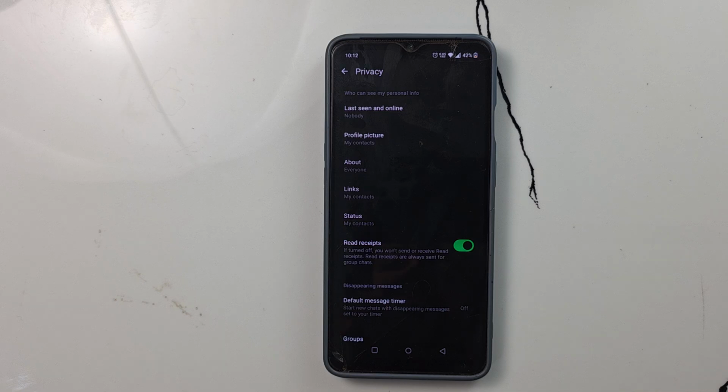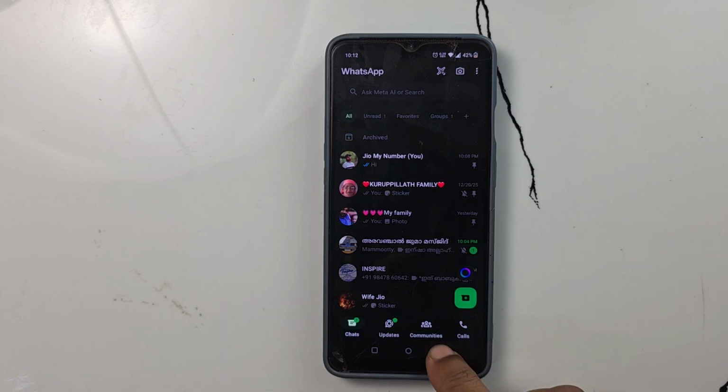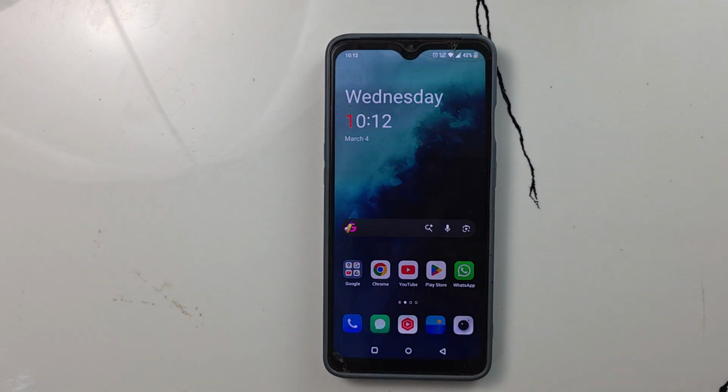So that's the functions. So that's, guys, very simple tutorial,